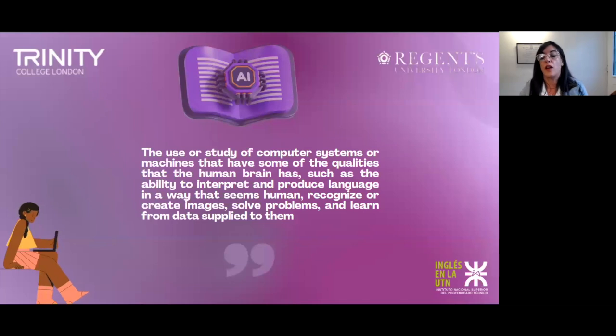for us, that is called artificial intelligence, which in simple terms can be defined as the use or study of computer systems or machines that have some of the qualities that the human brain has. For example, the ability to interpret and produce or translate language in a way that seems human, recognize or create images, solve problems, and learn from data that was